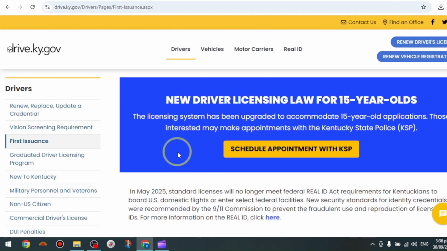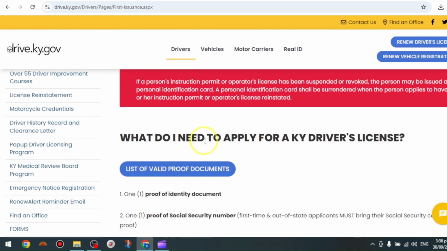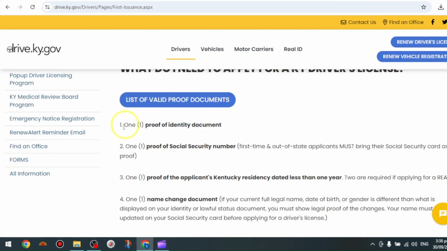Now before we proceed in scheduling an appointment, first you have to know what are the requirements and what do you need to apply for a KY driver's license. So first is of course one proof of identity document. So by clicking on this button, you can see a list of the valid proof documents that you can bring